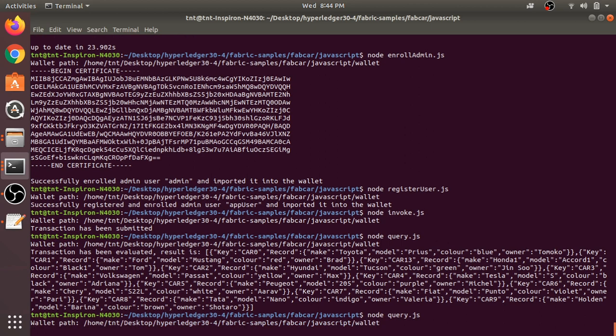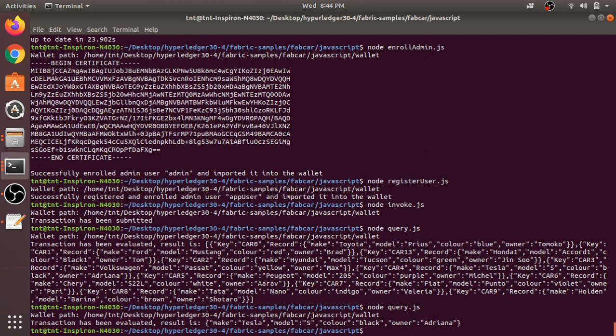Again it takes the identity of the particular user, and here you can see the details regarding the record of car number 4. Okay, where is car number 4?